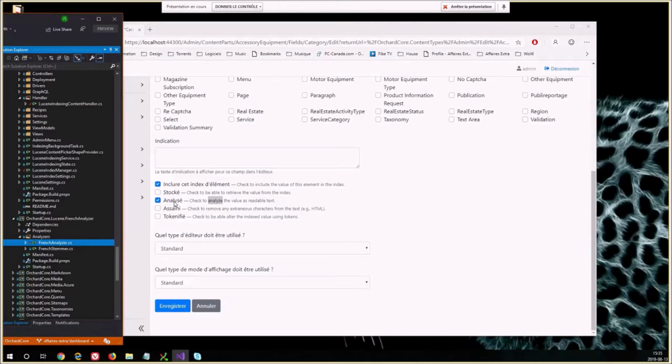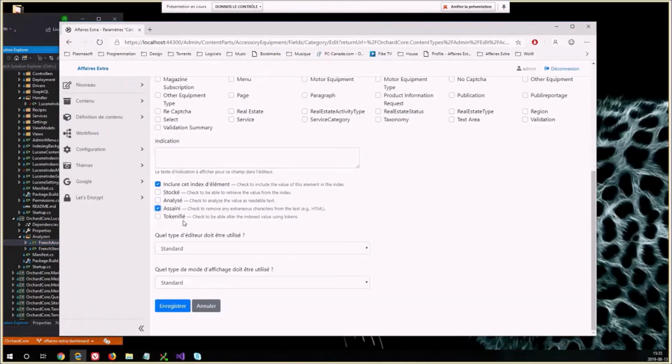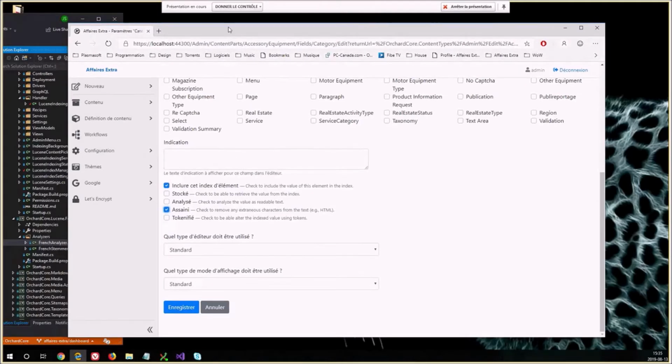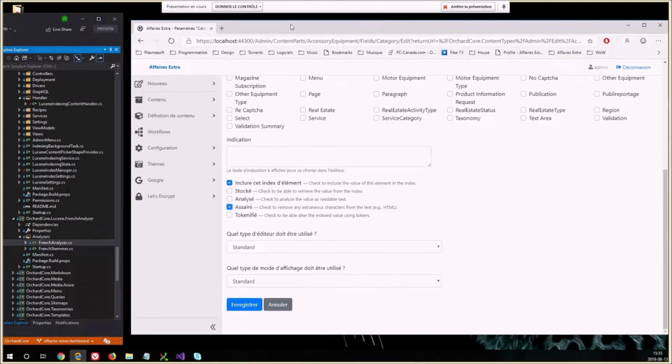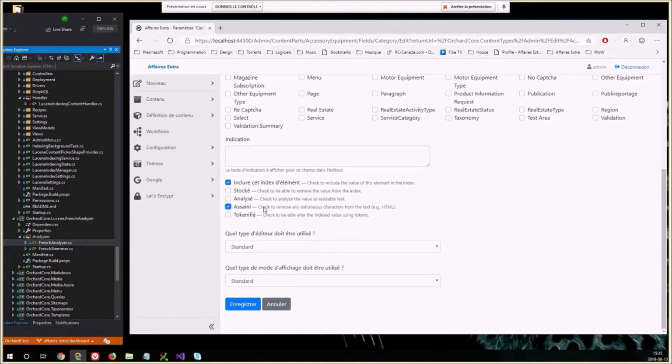Sanitized is when you want to remove any HTML from a field. So if your field is an HTML field or contains custom text, you can call sanitize and it will remove the tokens so they don't appear in the search. Otherwise you will look for IMG or field set and it will return the HTML. So you don't want that. It will remove every HTML before analyzing it.